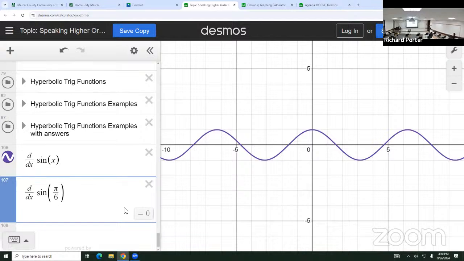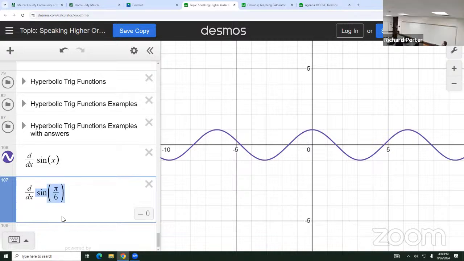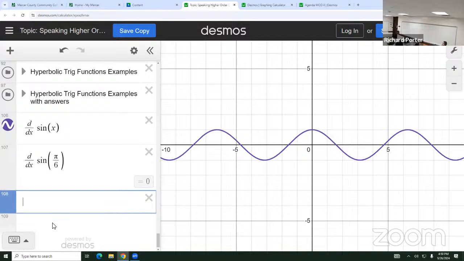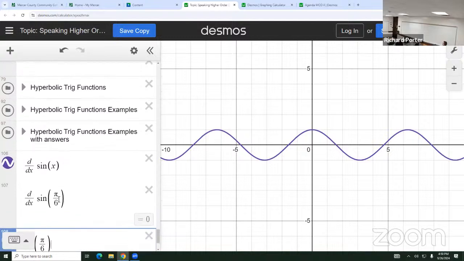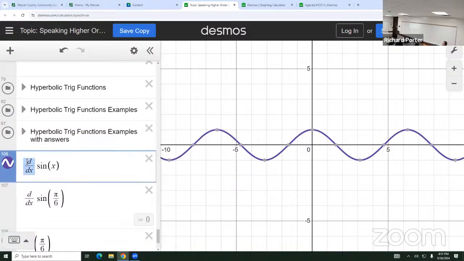There. It's 0 because you know why? Because it took the sine of, what is the sine of pi over 6? That's just a number, right? 0.5. What's the derivative of 0.5? 0. If you want, so you don't want to even write it this way, but if you want to write,